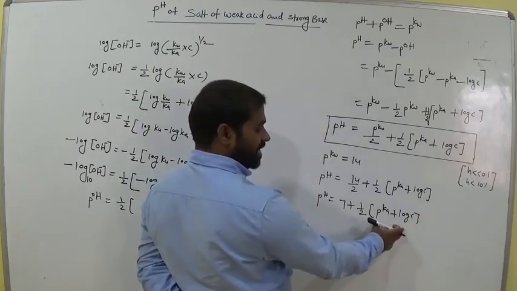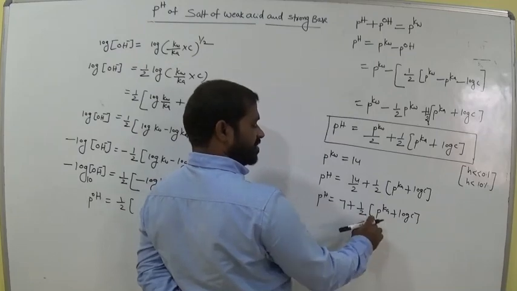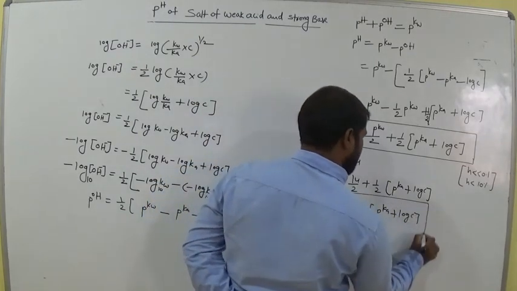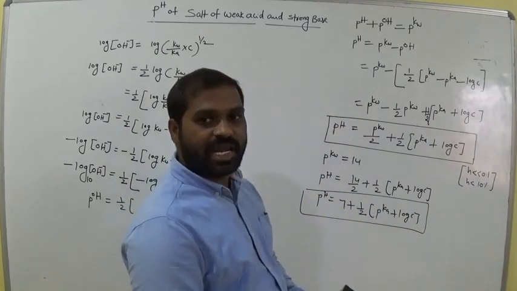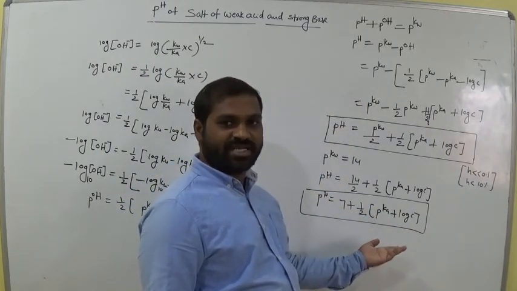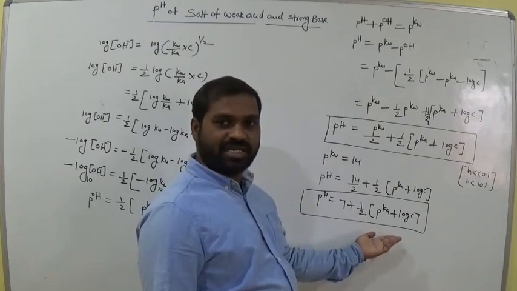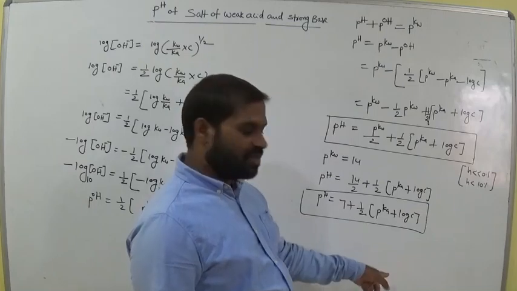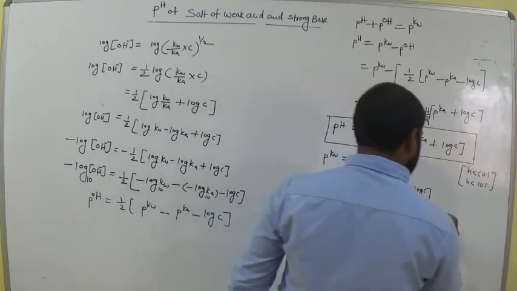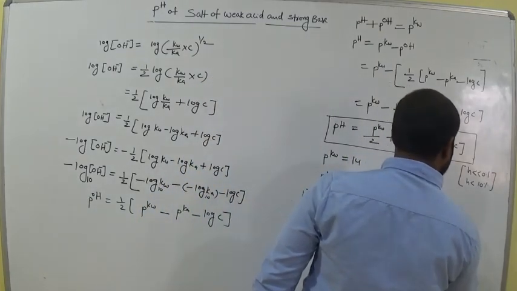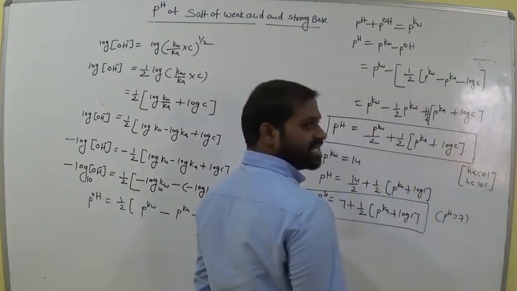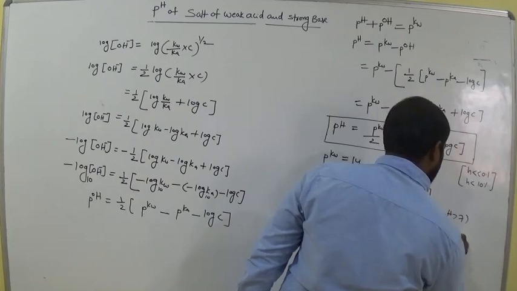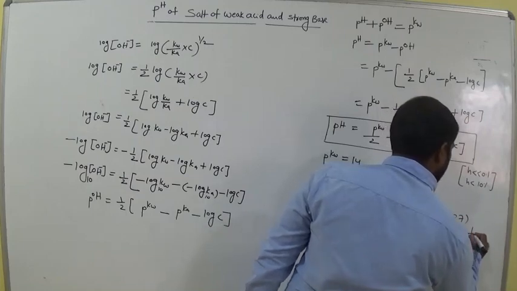This is positive, am I right? This is the positive term. 7 plus something, more than 7 or not? Clearly, more than 7. This pH value is 7 plus something, there is no minus values here, am I right? There are no negative terms here. So 7 plus something means more than 7 or not? More than 7 means pH value is greater than 7. pH value greater than 7 means what it gives? So that means clearly basic nature, am I right? Basic nature.